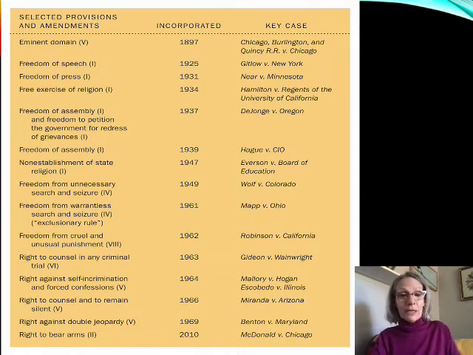A good example is the right to a grand jury. That's never been incorporated to the states. And that's why some states only use a preliminary hearing and not a grand jury in terms of deciding whether somebody should be charged with a crime. You can take my crime class if you want to learn more about that, or come to office hours. I'd be happy to talk to you.